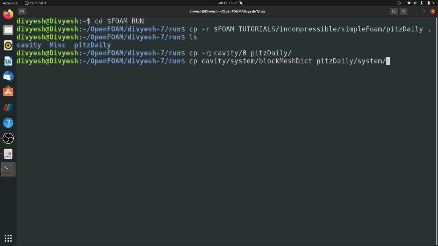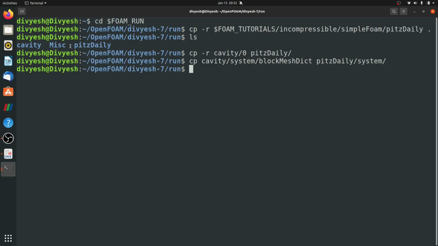While copying a folder, we need to specify -r after the cp command, but when we are copying files, for example this blockmeshdict file, we don't need to specify -r. So by hitting enter, I have copied the blockmeshdict file and the zero folder.